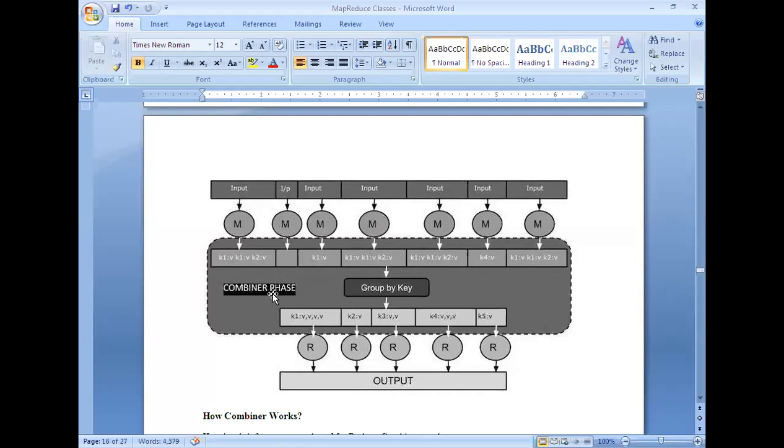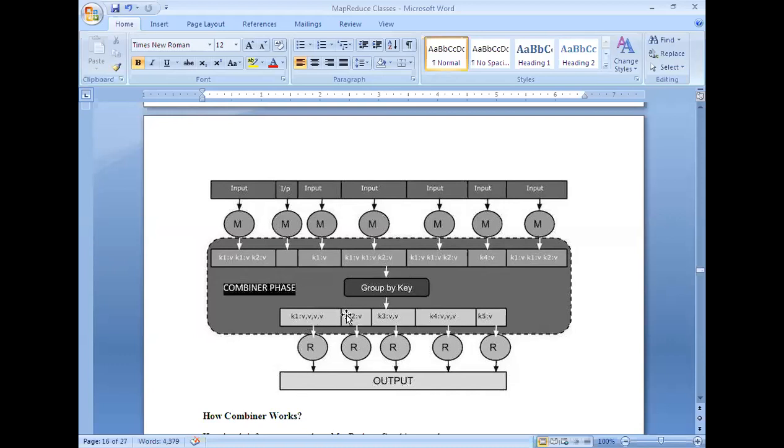Total 6 V's. Don't think that there are only 4 V's. We need to write 6 V's because 6 times it was repeated in the intermediary mapper outputs. Similarly, based on the key, we make them into a group. Whatever values are associated with each key are grouped together and made into a single unit. All these single units will be supplied to the reducer logic.